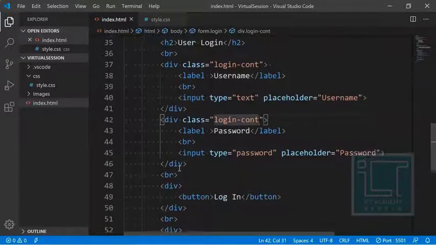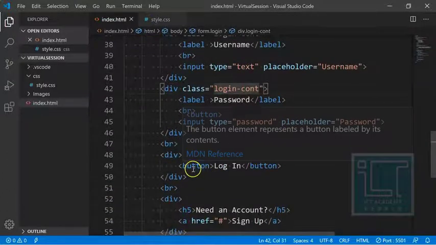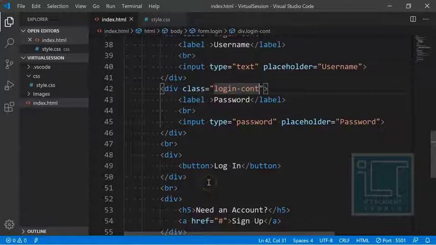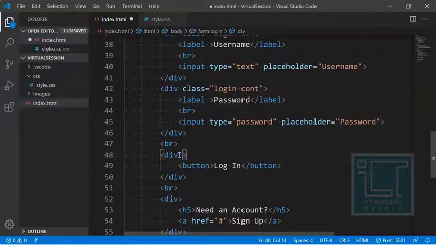Okay, then I want to give this a button. Actually it need not be given inside a tag because it's a single content. It's okay if I give it in a div, or you can give this div an ID, called the submit or the login button.